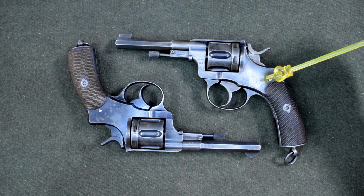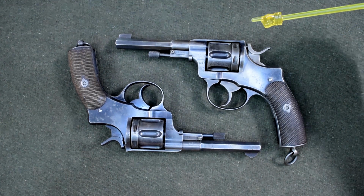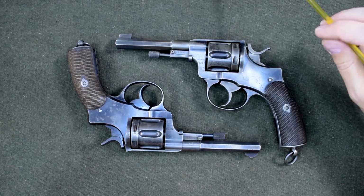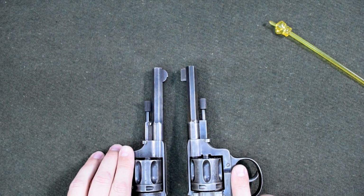Both of them have exactly the same single and double action lock work with a rebounding hammer. I'm going to be honest, they're the same gun. Same chambering, same everything. But it was fun to say all that. As a matter of fact, you might have a hard time making out the key difference between the two particular